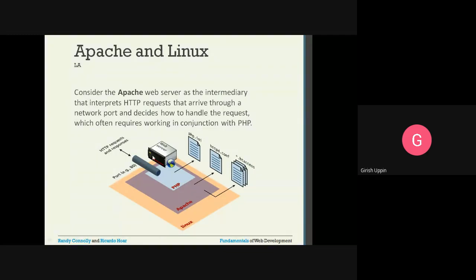This is the operating system, and on top of that we have the web server installed, that is the Apache web server, and it has PHP. So whatever request is coming to the web server, it will work in conjunction with PHP and respond to those HTTP requests.